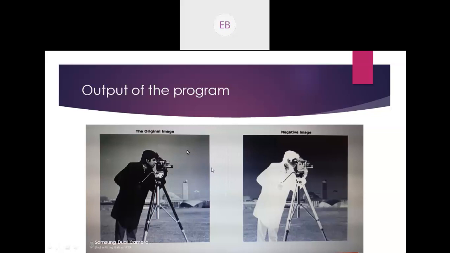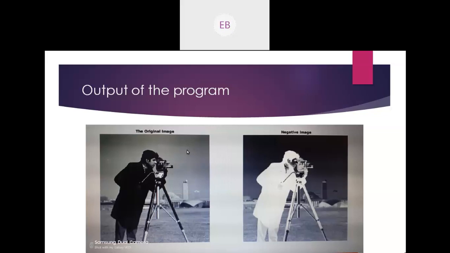Our definition is that the negative of an image means converting the darker to lighter and lighter to darker. So black has converted to white and white has converted to black, all ulta. This is all about the negative of an image.